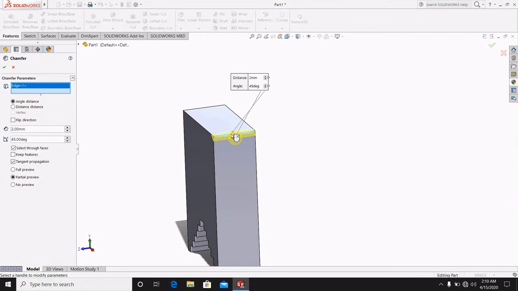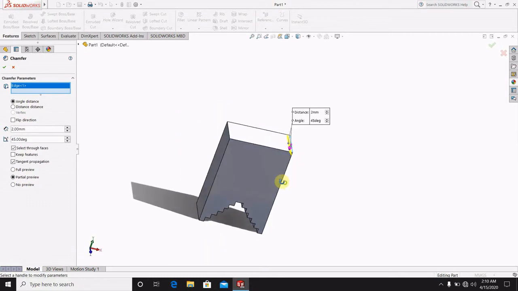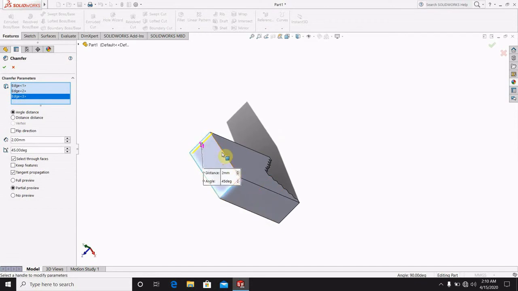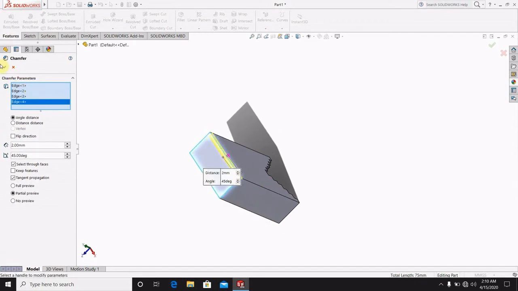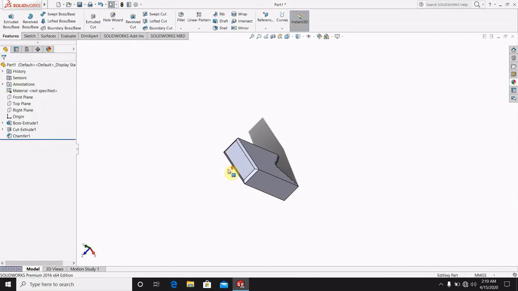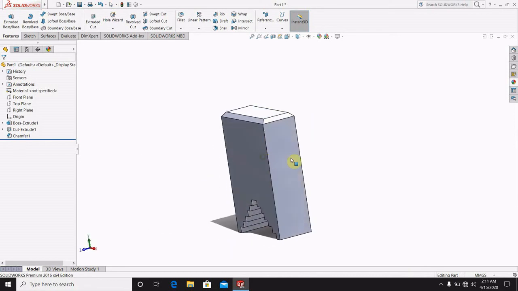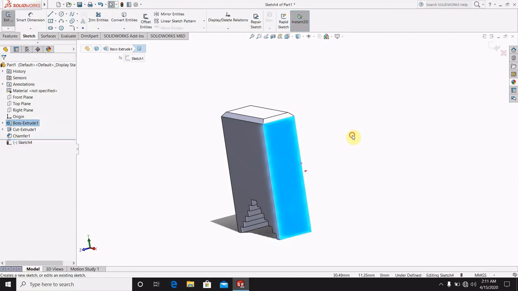Select this face, this face, this face, and this face. Okay, done. Here select this face, go to the sketch,